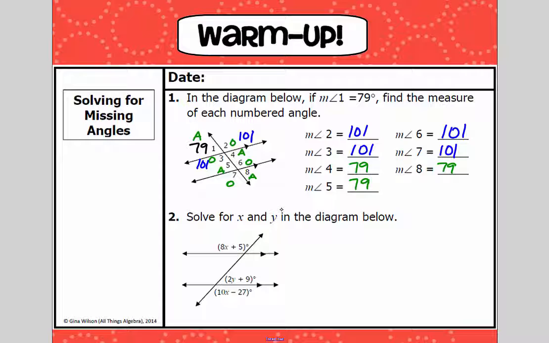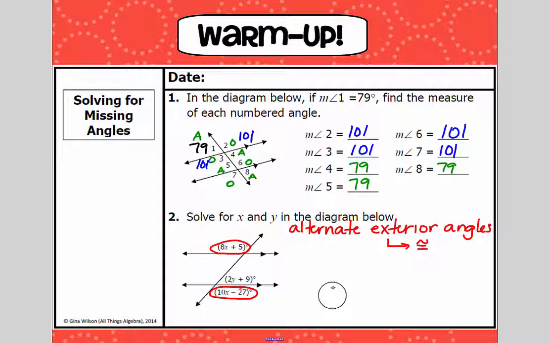In this next problem, we have to figure out the values of x and y. I'll start by solving for x. I have two expressions that have x in them, so I'm going to look at the relationship between those. These are alternate exterior angles, so they are congruent. So I'm going to set